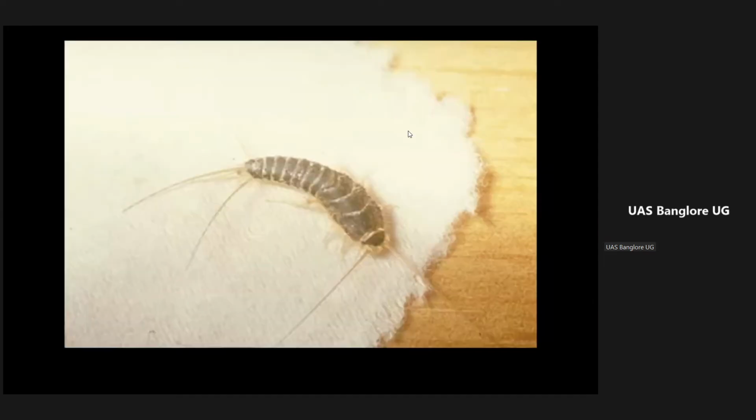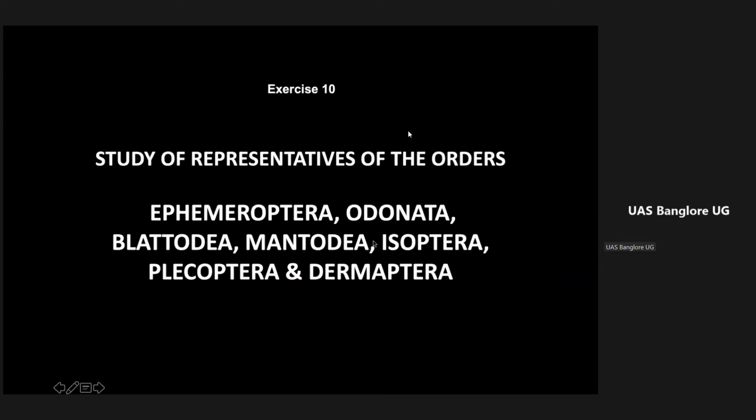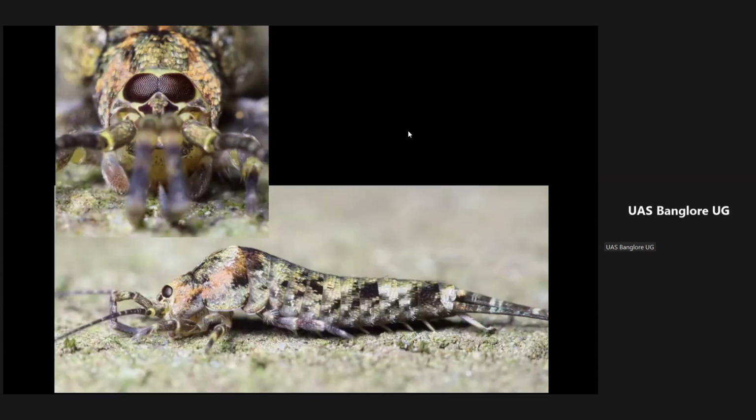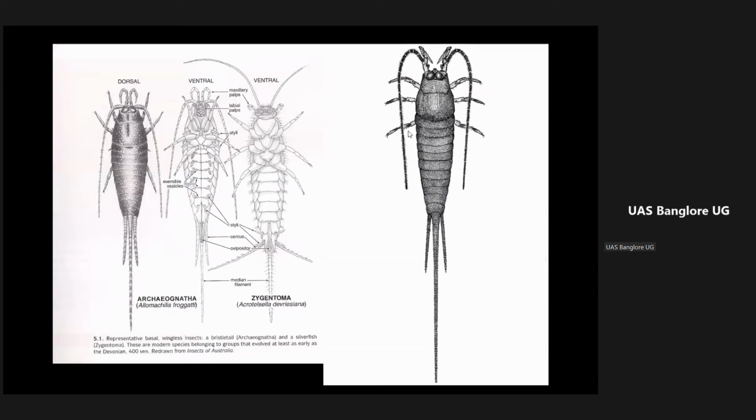Again, this is a silverfish. You can see the median styli and lateral styli are all of equal length. The eyes are very tiny and well separated. So these are the primitive entognathous insect orders. First was Collembola, then Protura and Diplura, and then the other two, Archaeognatha and silverfish. So we have these as the primitive insect orders. Till here it is clear? They are all Apterygote insect orders.